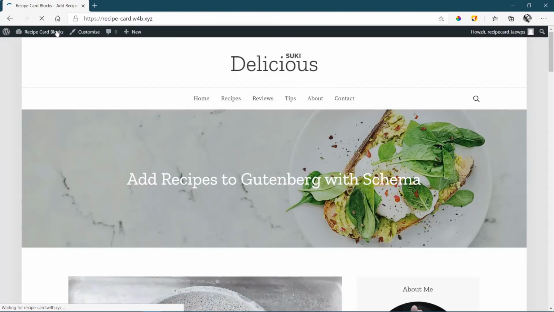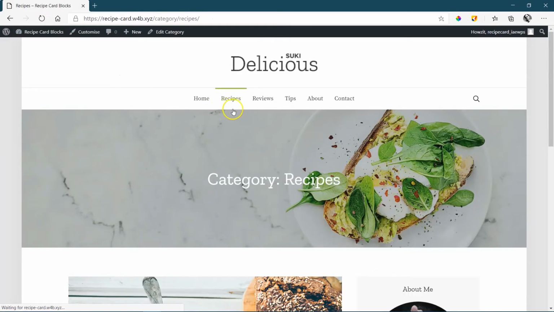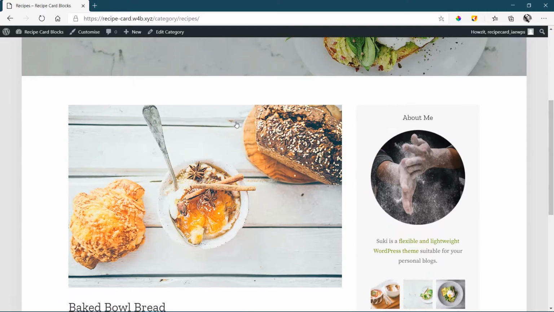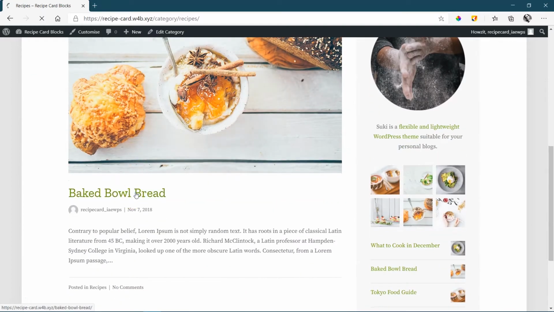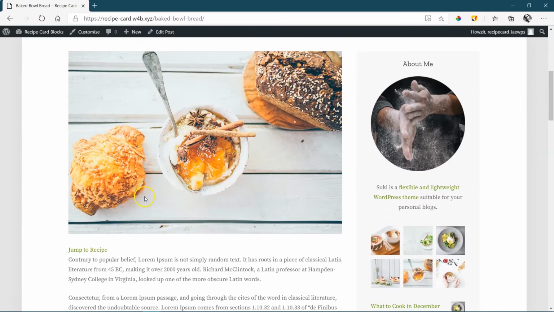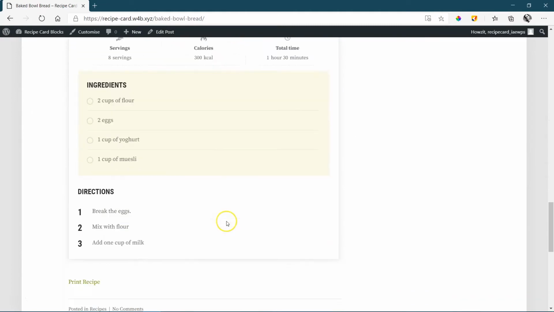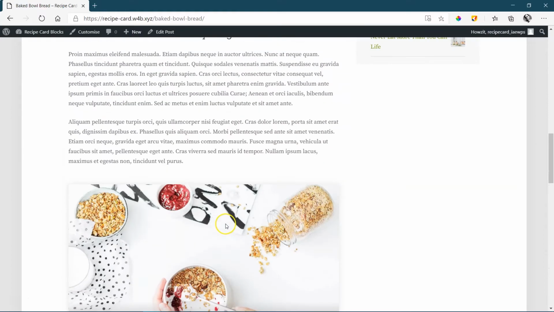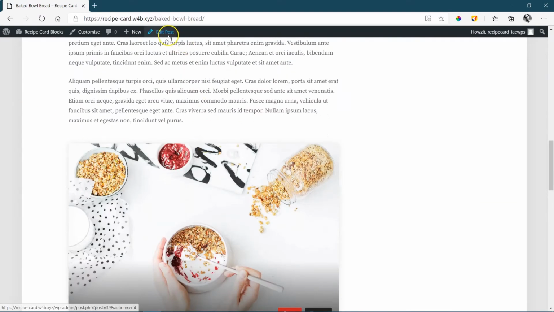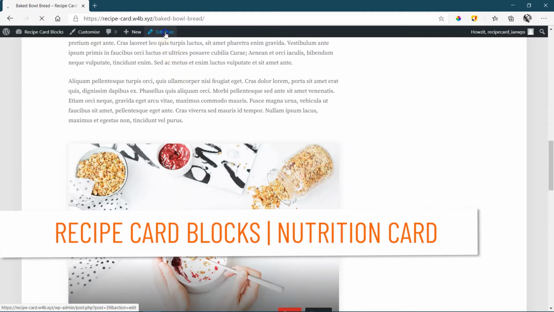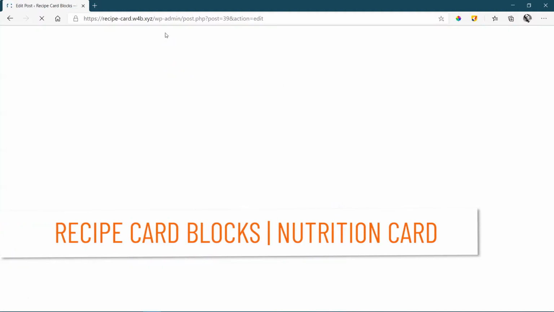Currently here, on my site, I have recipes, and the recipe we are currently working with is this one called baked bowl bread. What is very popular nowadays is not to only give people the recipe, but also to give them some nutritional information about the recipe. To add nutritional information, you can write it in manually. But let's go see what recipe card blocks can do for us in terms of the block that they have